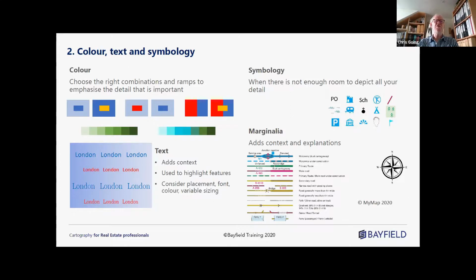Whether you use standard symbols or make your own, always make sure you explain what they mean in a legend. It's amazing how often people don't. It's also worth bearing in mind that the convention is that maps have north at the top, but this is not always the case. It depends on the area you are interested in. So add information on orientation to help the user as a matter of course.